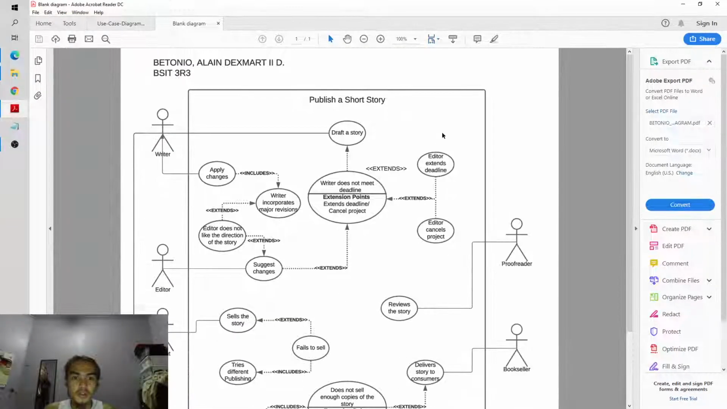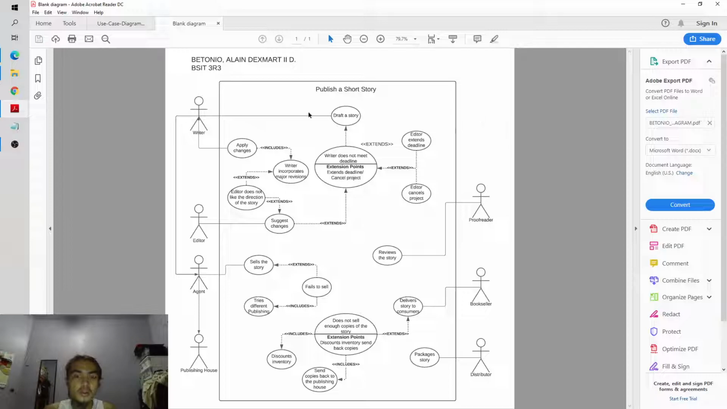Okay, here I have the actors of the use case diagram: the writer, the proofreader, the editor, the agent, the publishing house, the bookseller, and the distributor. So here the writer drops the story, and